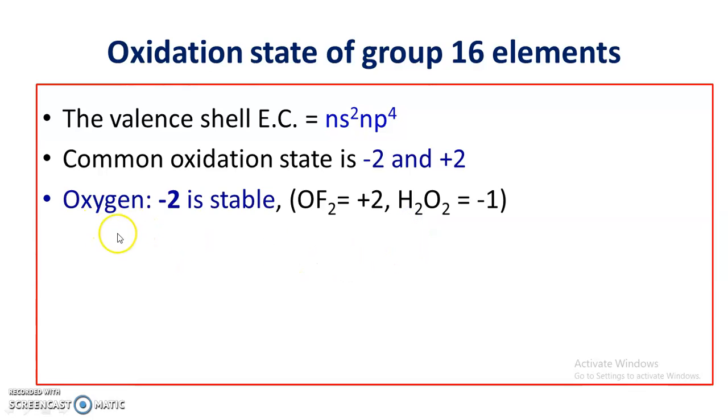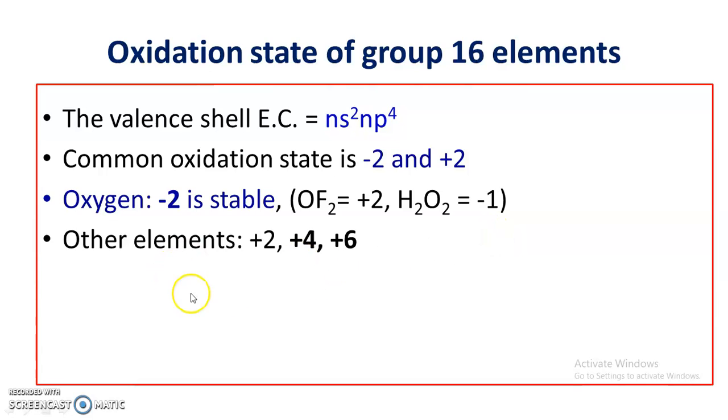Now oxygen shows -2 oxidation state as a stable oxidation state. Exceptionally, in oxygen difluoride it shows +2 oxidation state. In hydrogen peroxide it shows -1 oxidation state. Other elements, that is sulfur, selenium, tellurium, polonium, in addition to +2, show +4 and +6 oxidation state